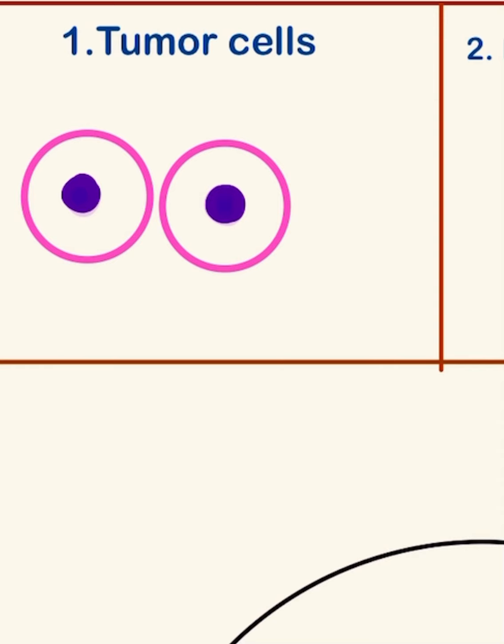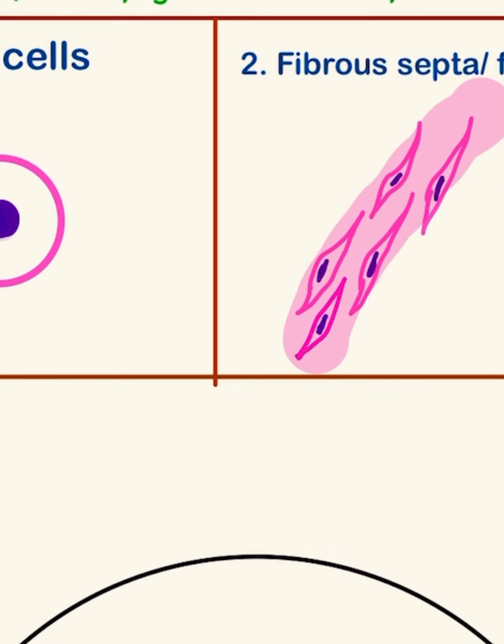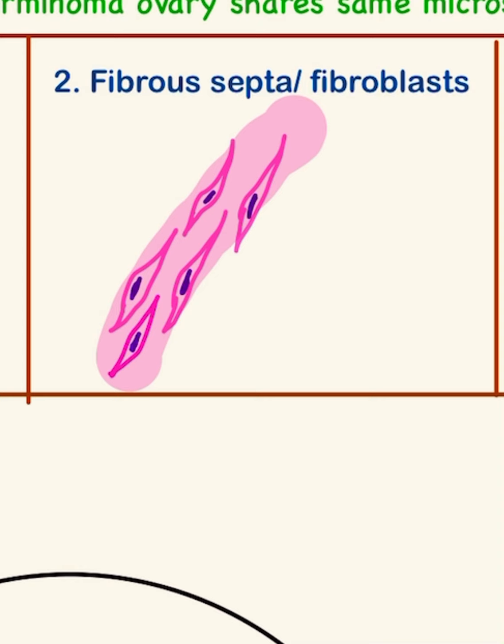So you need to know the morphology of the tumor cells. So you have to draw these cells, and these cells, they are arranged in the form of lobules or sheets which are separated by fibrous septa. So next thing that you need to know how to draw is a fibrous septa. So fibrous septa will be composed of the fibroblasts and the fibrosis. So the fibroblasts, they are spindle shaped cells having pointed ends and elongated nucleus. So this is how you make a fibrous septa with fibroblasts.